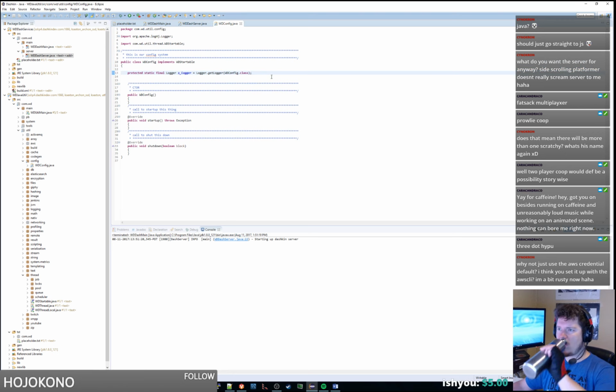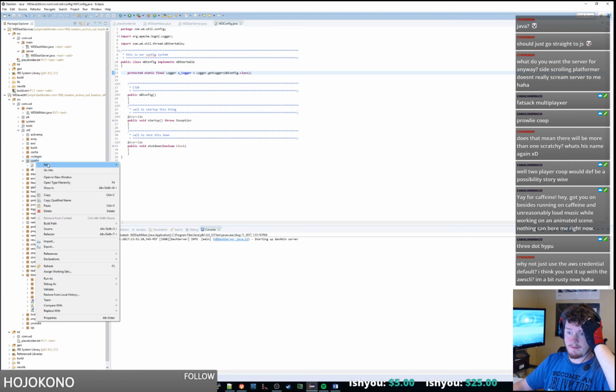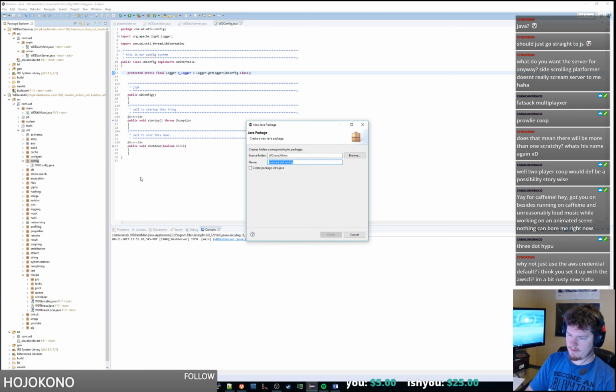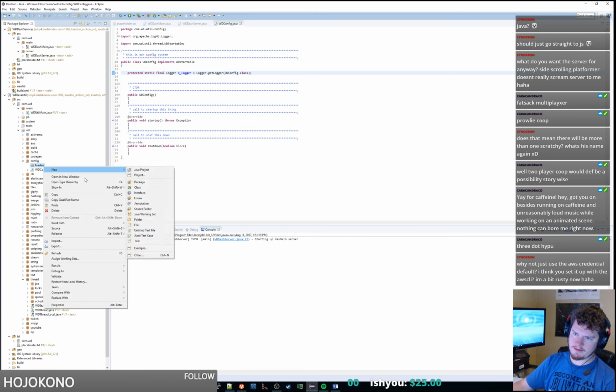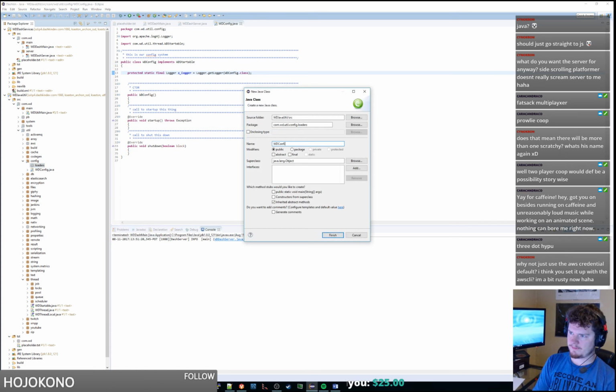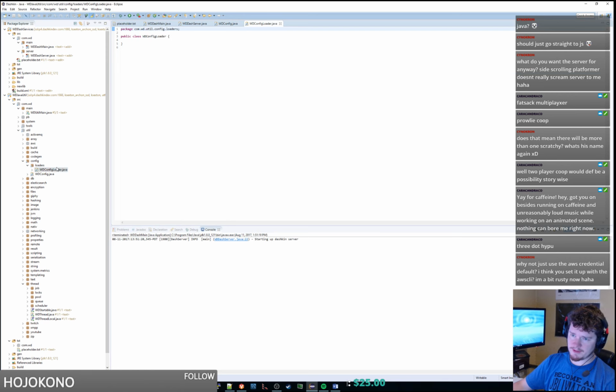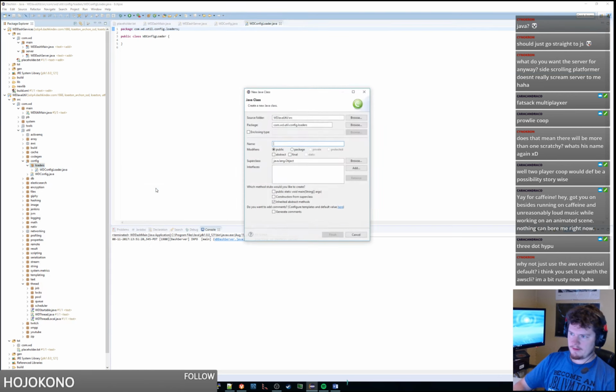All that. And we're going to have two different loaders for the config. There's going to be like a WD-S3 config loader and